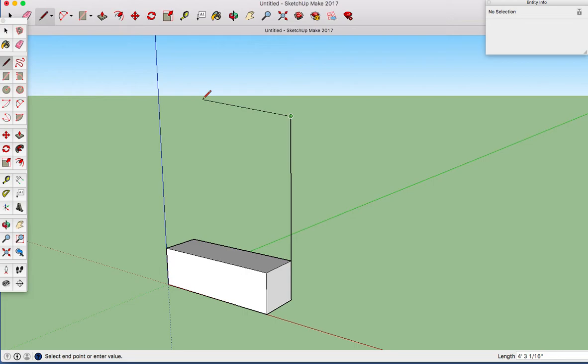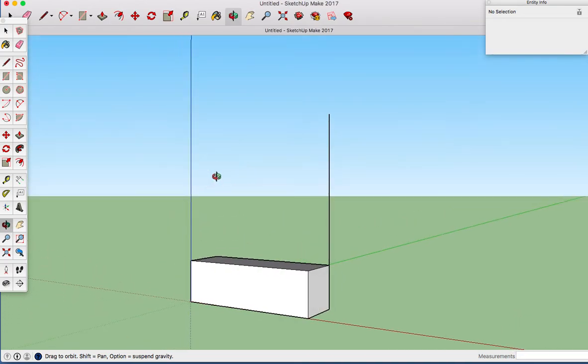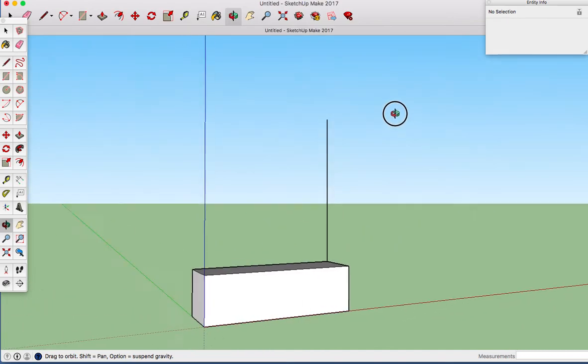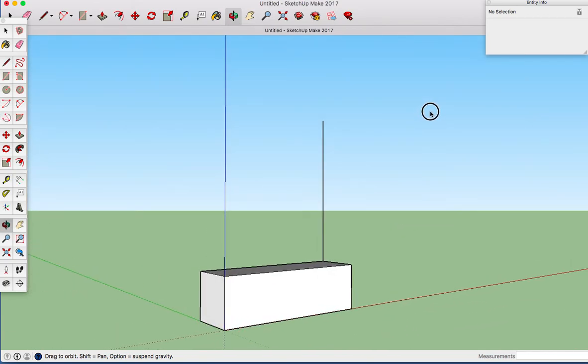Actually, you know what I'm going to do? I'm going to hit the escape button. And I'm sure that there's a gazillion ways to do all this stuff, but this is the way I'm going to do this. The button I just clicked is up here. It's called the orbit tool. It's also over on the left in your toolbar. It's kind of a green and red spinning looking thing. So I'm going to click that, and then while I've got my thumb holding the trackpad button down,